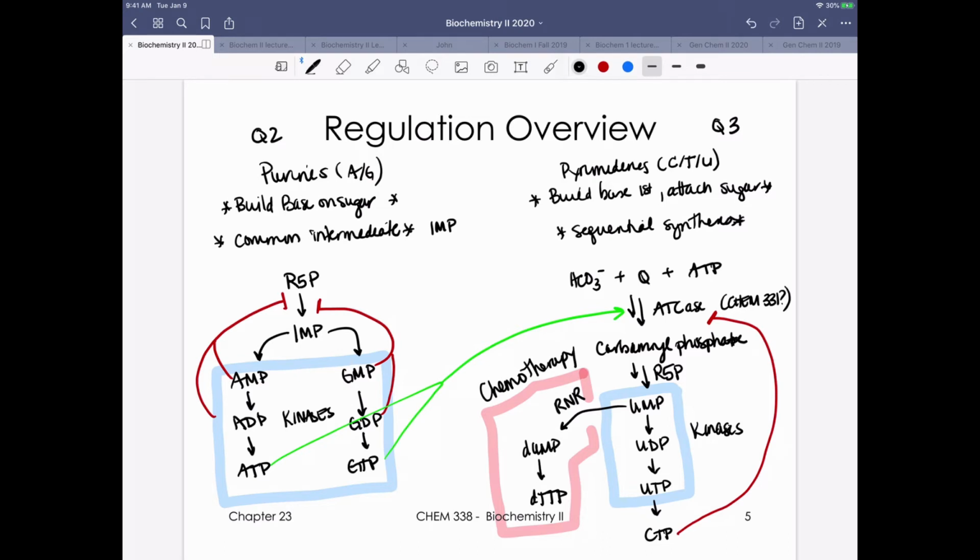And so carbamoyl phosphate is going to be this intermediate that we then add on to our sugar. So again, we built this base first, and then we add it on to our sugar, and then we actually get U. We get UMP. Some kinase activity gets us up to UTP, and then we do a little bit of modification to convert U